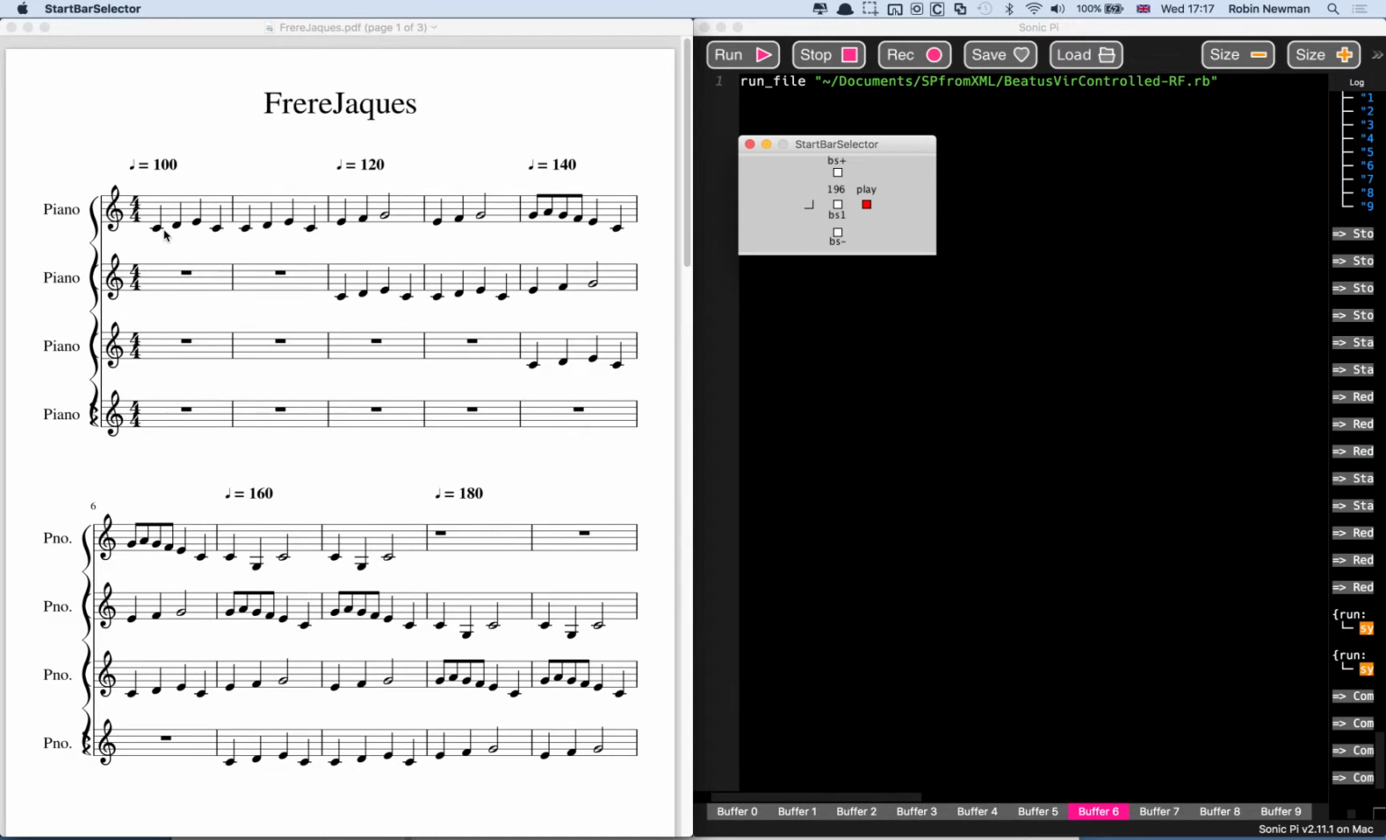But you'll also notice that we haven't got just one but four different parts, and they're all going to come in one after the other. The second part starts at this point, the third part at this point, and the fourth part at that point. It's what's known as a round, and I'm sure you've all perhaps sung those before, perhaps with a group of